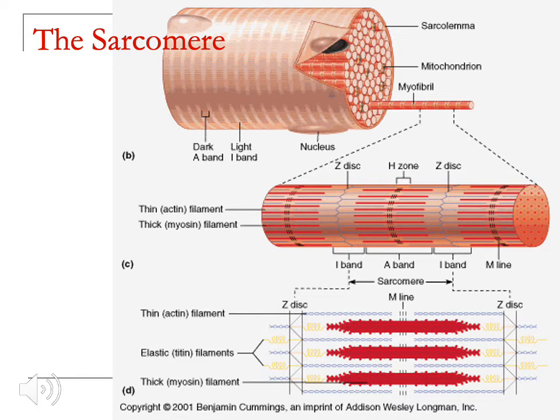Then we have the sort of H zone. The H zone is the distance between two opposite filaments within a single sarcomere. Again, this is stuff that'll make way more sense when we look at the actual contraction. So as the muscle shortens, the H zone gets smaller, potentially even completely disappears, but the A band will never change. Okay,